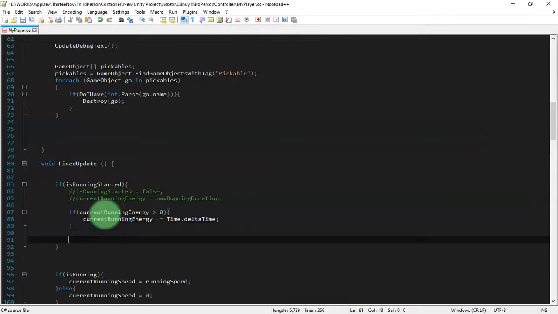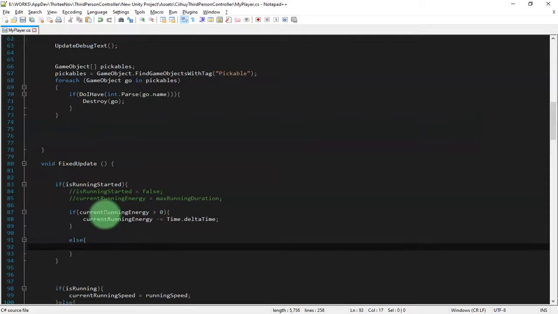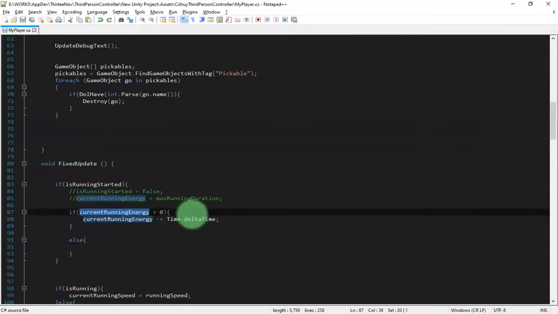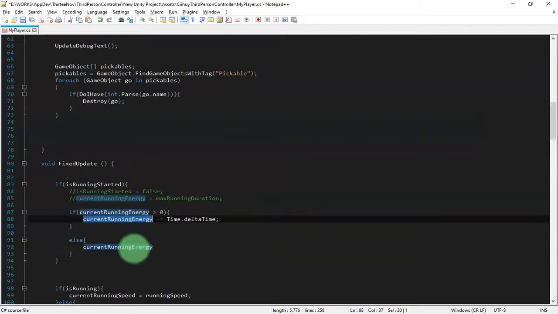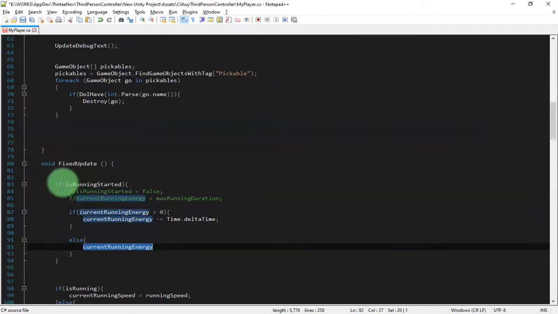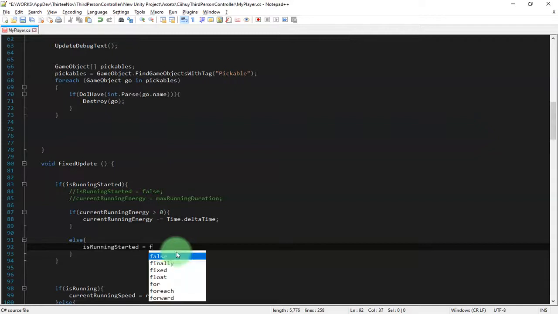Else, which means the current running energy is 0 or less, the running energy is empty. If it is empty, then we set isRunningStarted to be false.